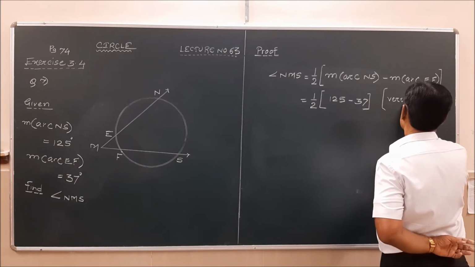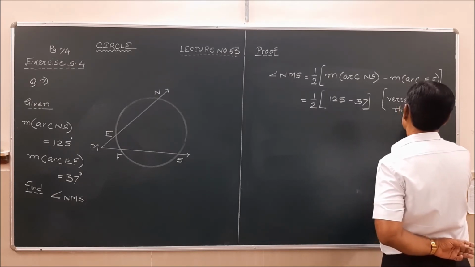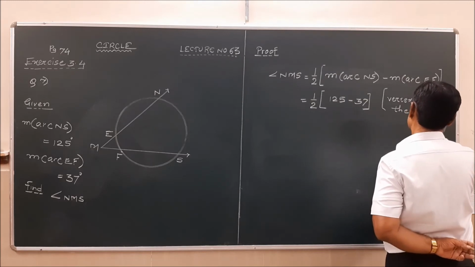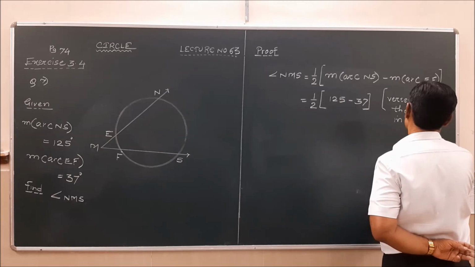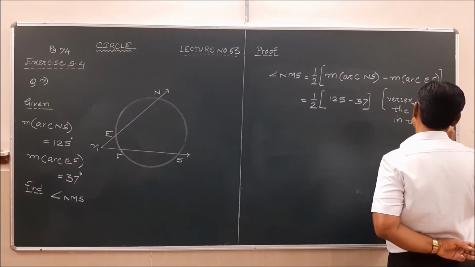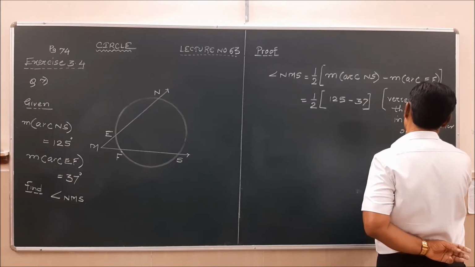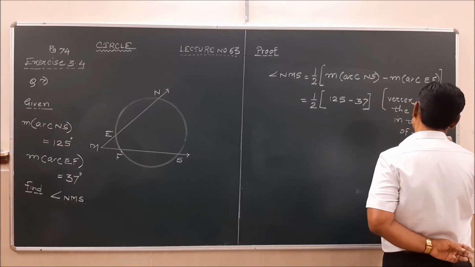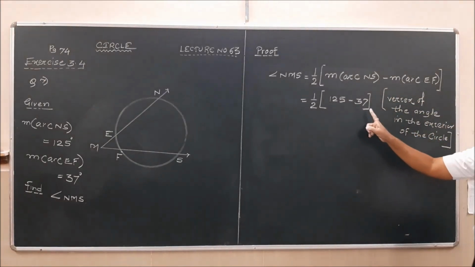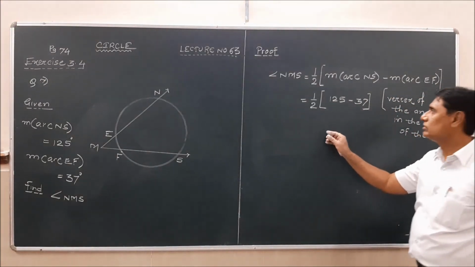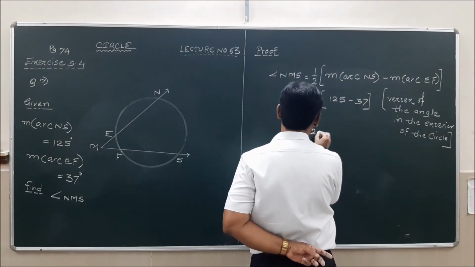The vertex of the angle, for your reference, I am writing, is in the exterior of the circle. So 125 minus 37 upon 2, that is equal to 1 upon 2 into